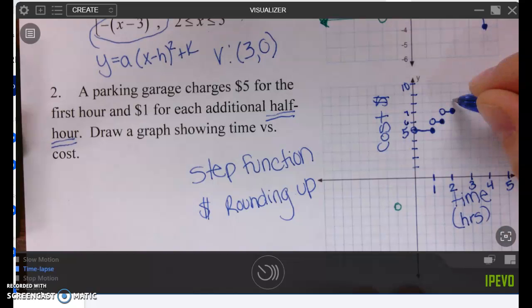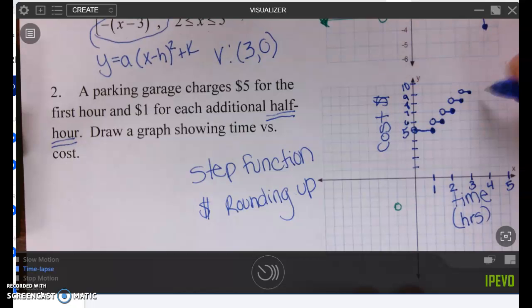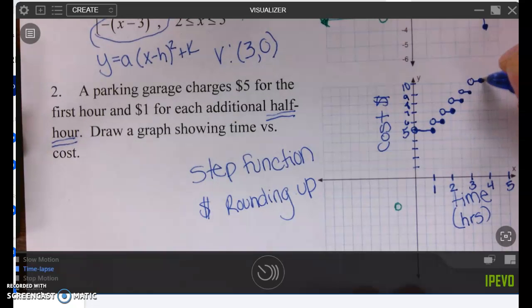And then we jump up a step. If you're in there for over 2 hours, you're going to pay $8, up to 2.5 hours. And from over 2.5 hours, open circle, to 3 hours, you're going to pay $9. And then finally, for 3 hours up to 3.5 hours, you're going to pay $10. And so this is your first step function. All right, I'm going to pause here and flip the notes over and